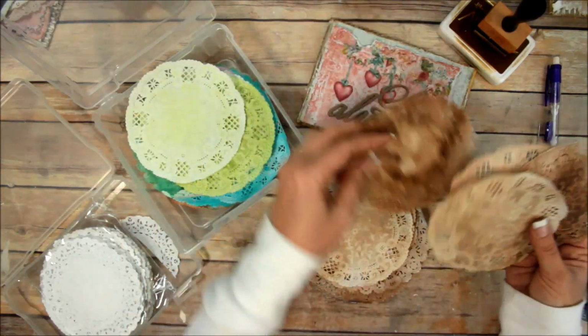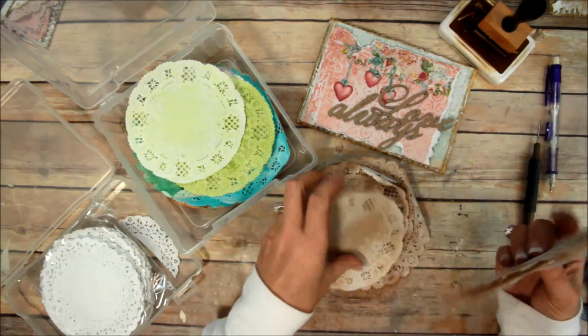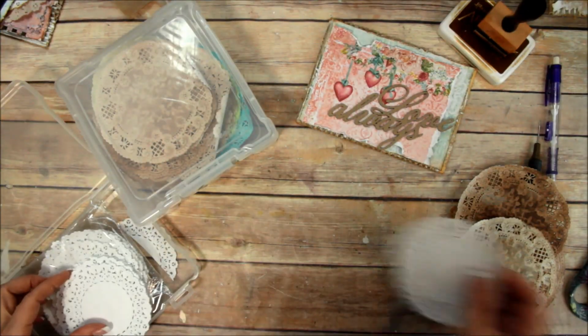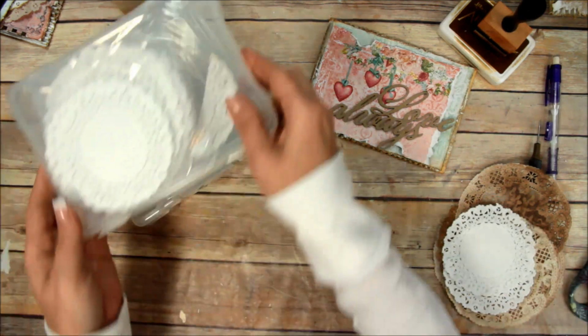So I'm going to pick out some, because I want to use them on the pages too. I'm going to pick out a couple just in case, and maybe a couple white ones, maybe in a smaller size. I don't know, we'll see. I just want to have those out